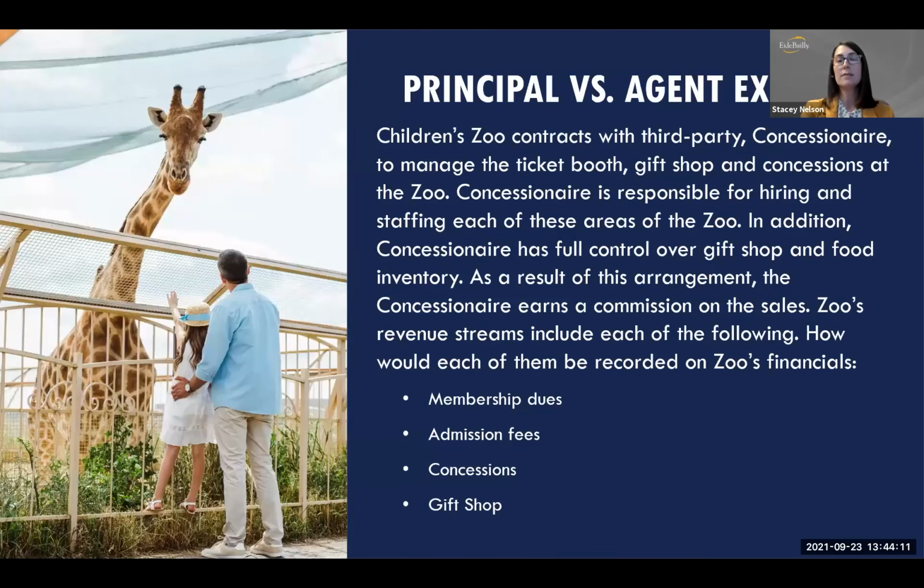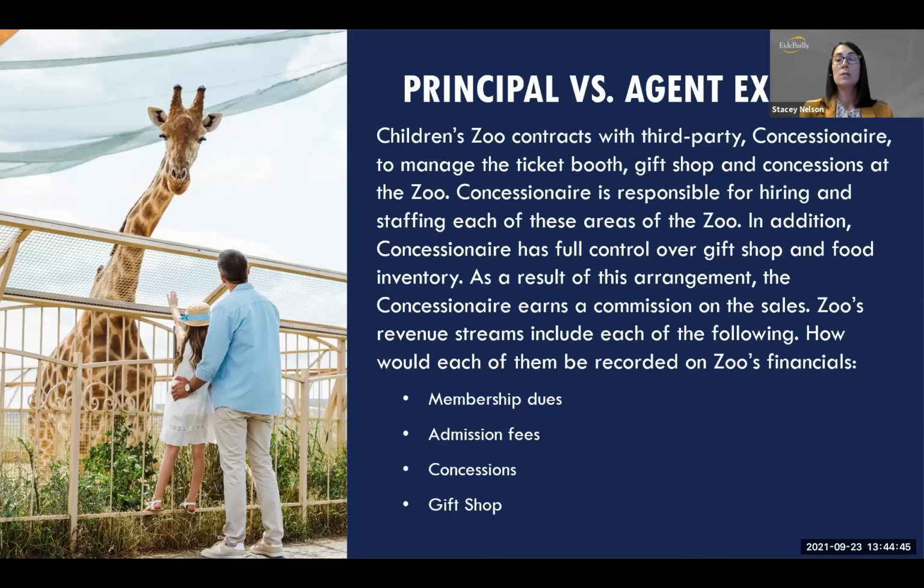All right, so here's our example of principal versus agent considerations. We have Children's Zoo, which is contracting with a third-party concessionaire to manage their ticket booth, gift shop, and concessions at the local zoo. The concessionaire is responsible for hiring and staffing each of those areas at the zoo. In addition, they have full control over gift shop and food inventory. As a result of this arrangement, the concessionaire is earning a commission on the sales. The zoo's revenue streams include each of the following, and how would each of them be recorded on the zoo's